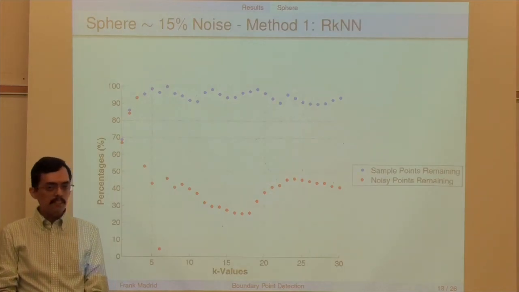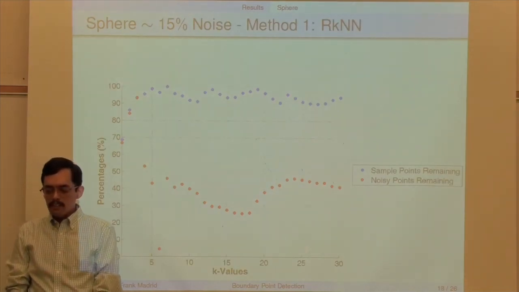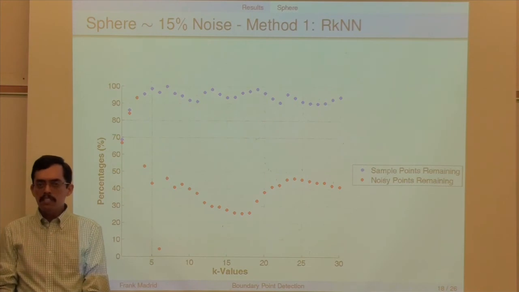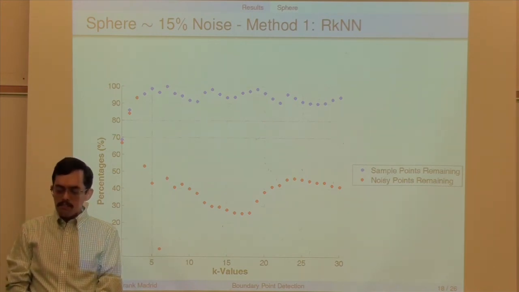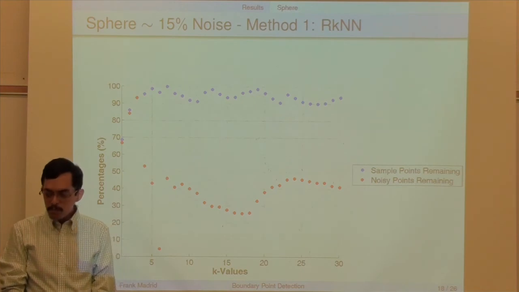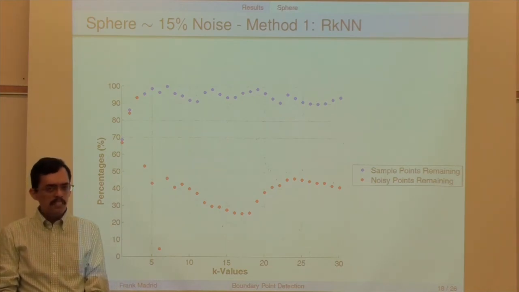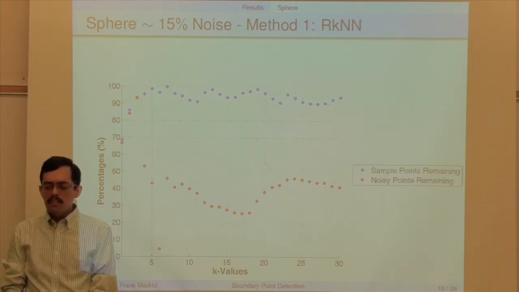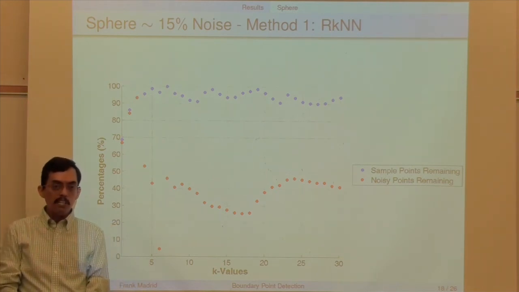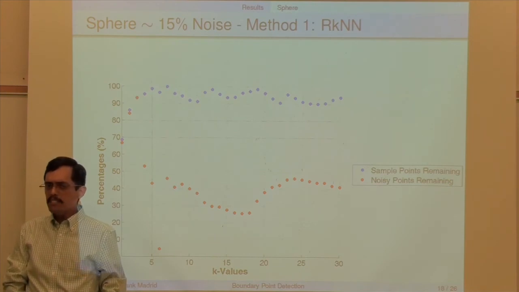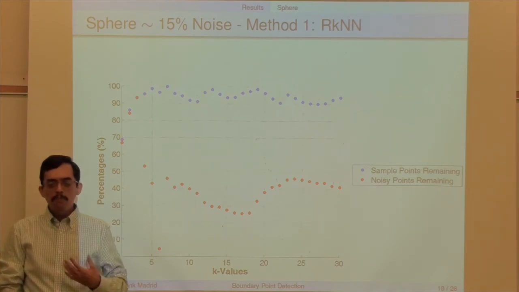After implementing the first method, we can see from the graph that implementing the reverse k nearest neighbor algorithm removed approximately 60% of the noisy points while preserving about 95% of the original sample points. This graph shows a relationship between the remaining noise and the remaining sample points. An emphasis was placed on our experiment to preserve at least 90% of the sample points while minimizing the amount